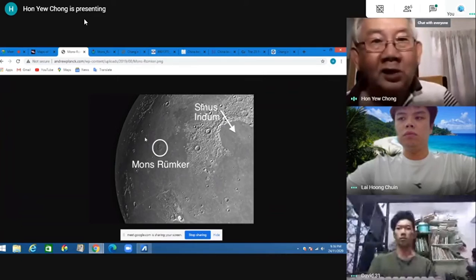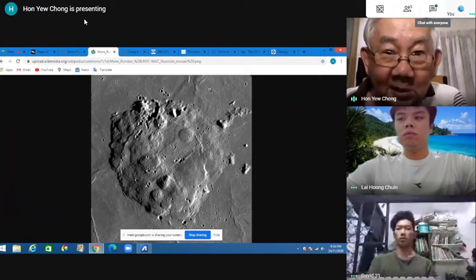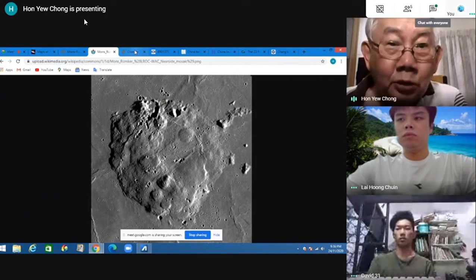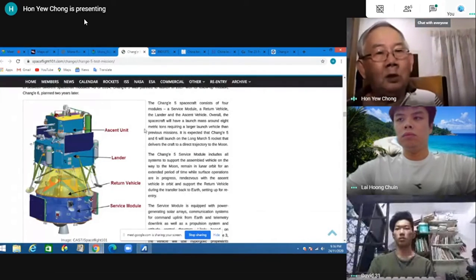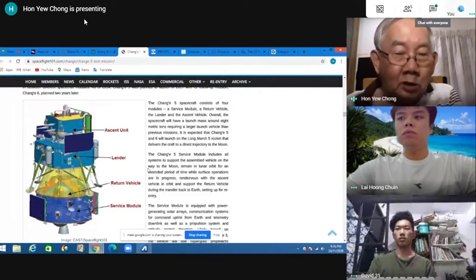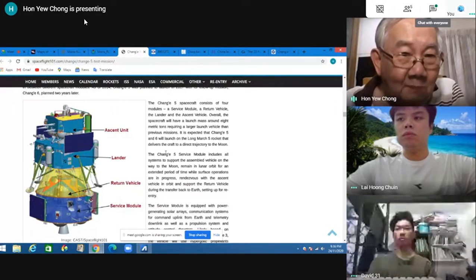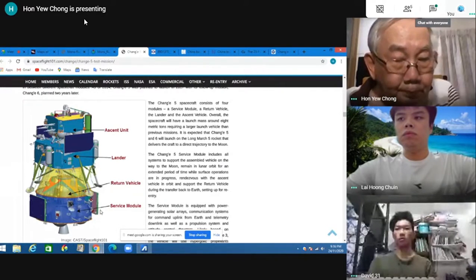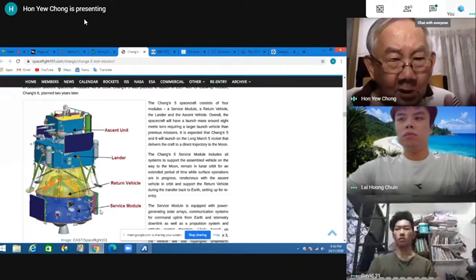That's why they're interested to go here. So they're going to land not here, somewhere up to the northeast of the Mons Rümker. So now we look at the whole thing again. Like what I said in English, now you have the service module, which will push the